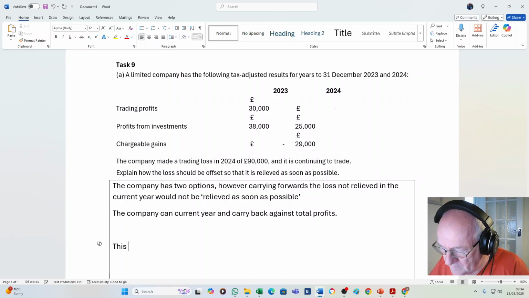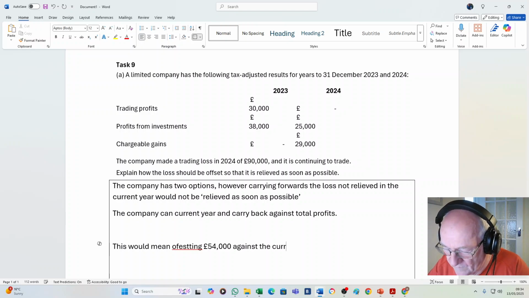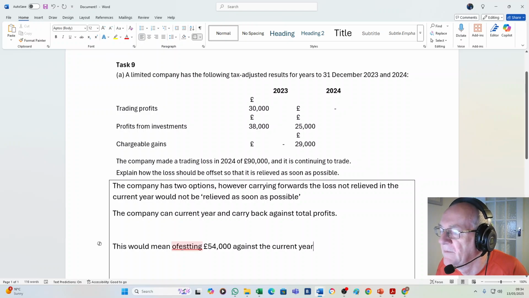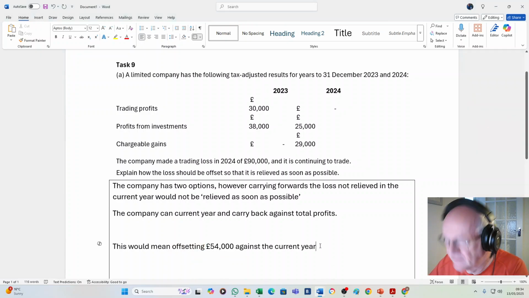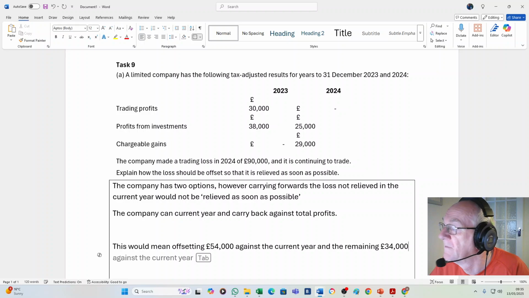So this would mean, in fact, the 25 and 29,000, so that is 54,000, against the current year and the remaining 34,000 and 36,000 against the previous 23. If you want to add,